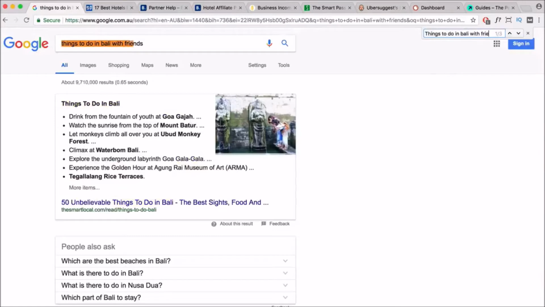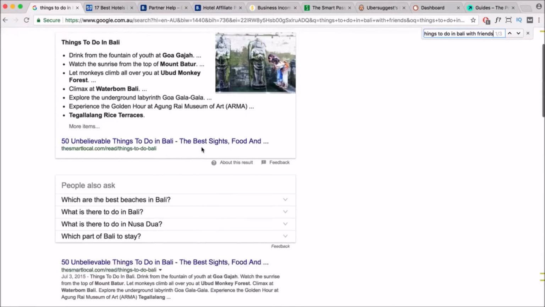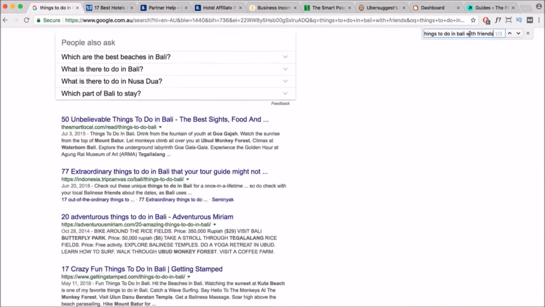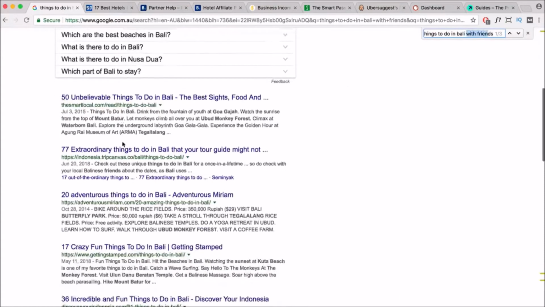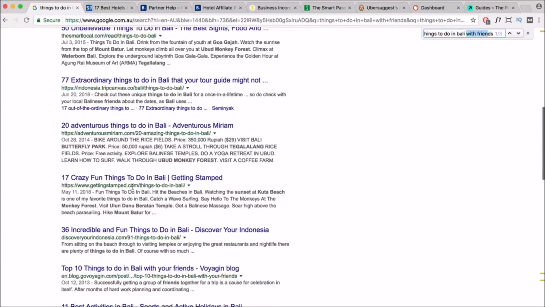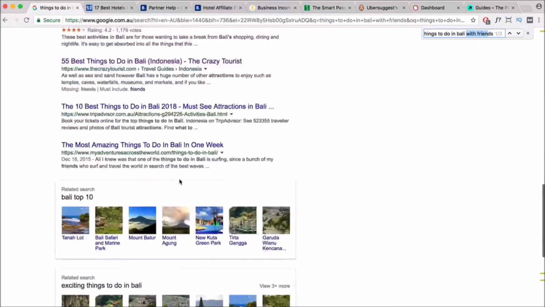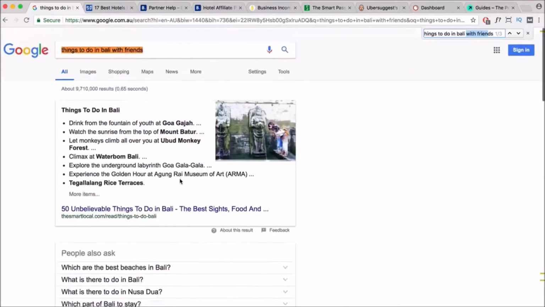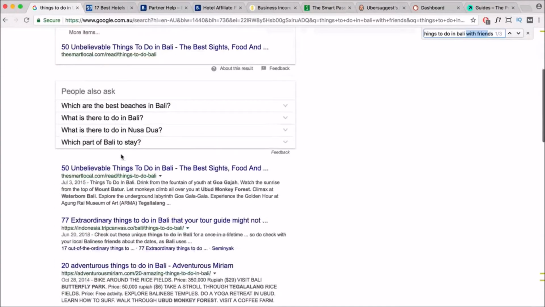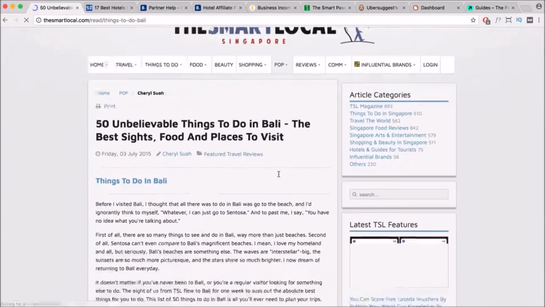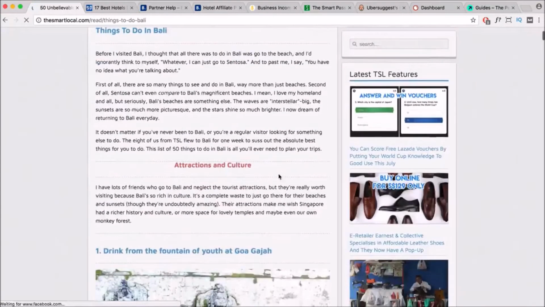You can look at whether with friends appears in the title or within the meta description. As you can see, it doesn't really appear there, and in the content it probably doesn't appear as well. So that will be a lower competition keyword,